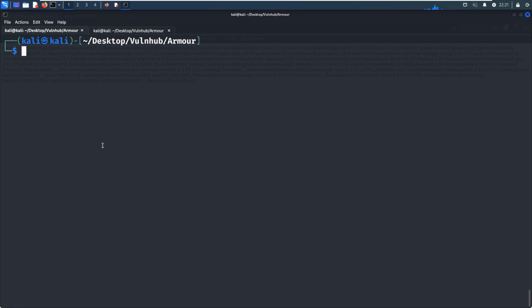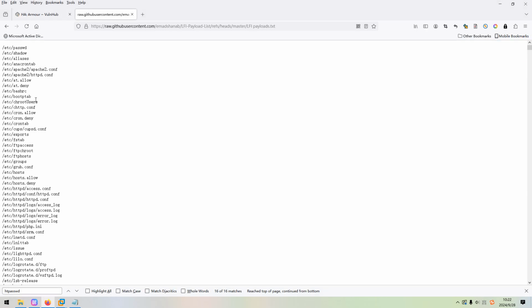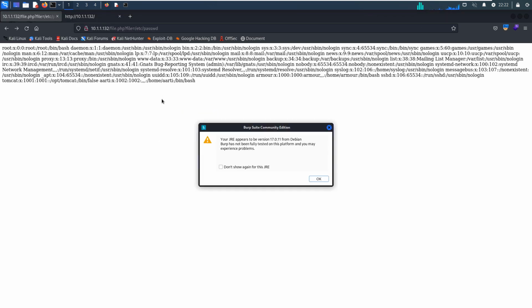Usually we can just use these payloads to exploit the machine. However, in some special cases, we need to feed more payloads. Actually, GitHub has one very good resource with a lot of different payloads that we can use to test. We do not need to do this manually. We can use Burp Suite. For example, we can set the proxy to Burp Suite and launch it. So let me show you in action.